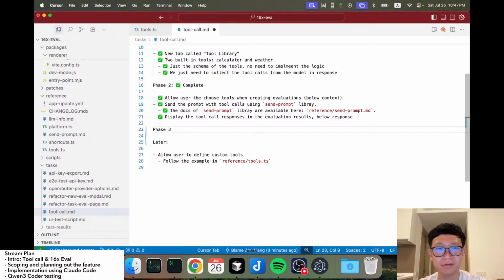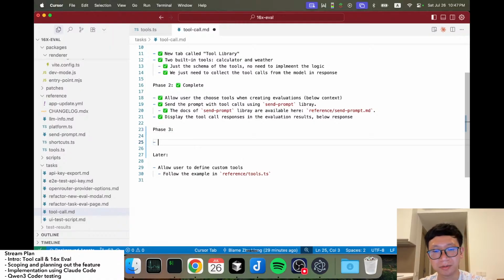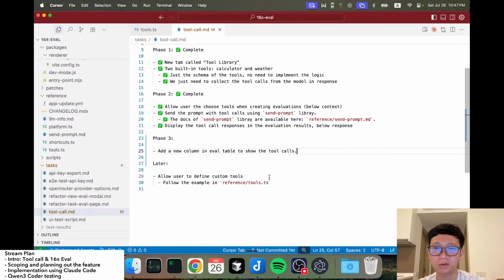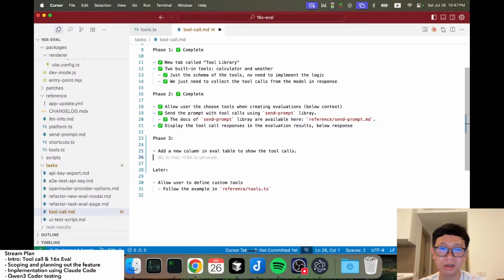So let's add a phase 3. Add a new column in the eval table to show the toolCalls. Show the response to show the toolCall. Yeah, show the tool, because it's not the toolCall response, right? Just the tool. And then update the evaluation function